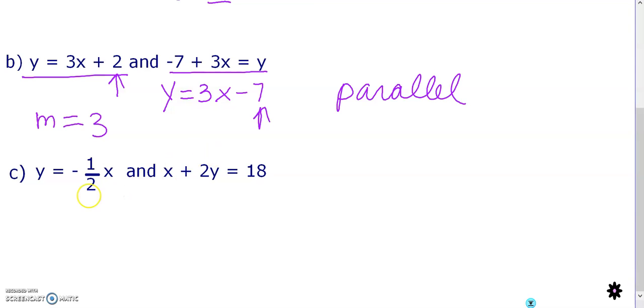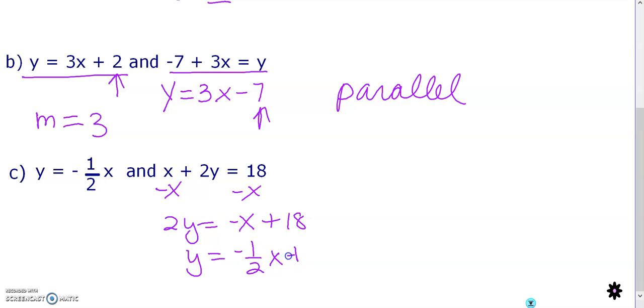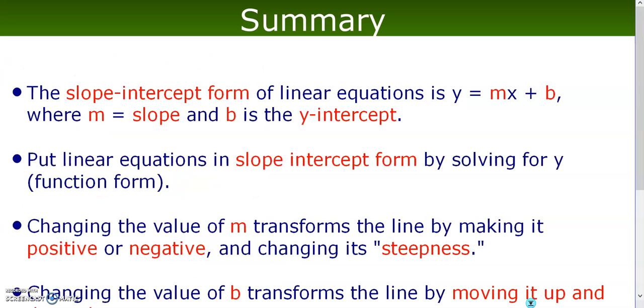We'll take a look at the last one. I have to go ahead and solve this one first. So here I have a slope of negative 1/2, a slope of negative 1/2, and my y-intercepts are different. Notice this one doesn't say a y-intercept, so I'd have to put a +0 there. Two lines are parallel if they have the same slope but a different